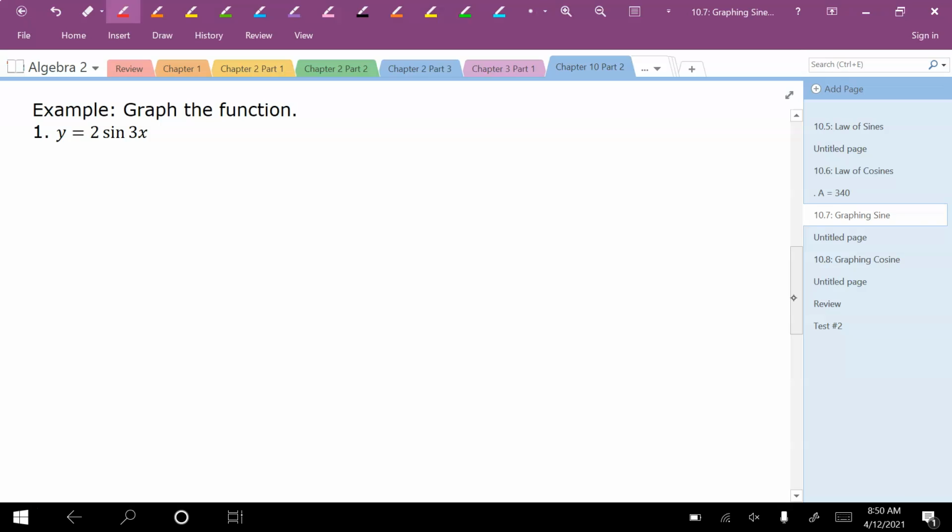So I've got y equals 2 sine of 3x. The first thing I'm going to do is those 3 things up above: find the amplitude, figure out what the period is going to be, list off my 5 key points, and then start to graph it. Okay, so step 1 is that amplitude,